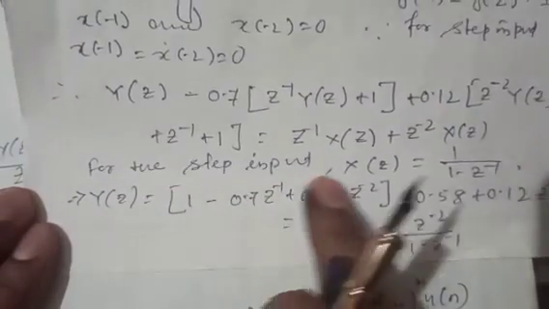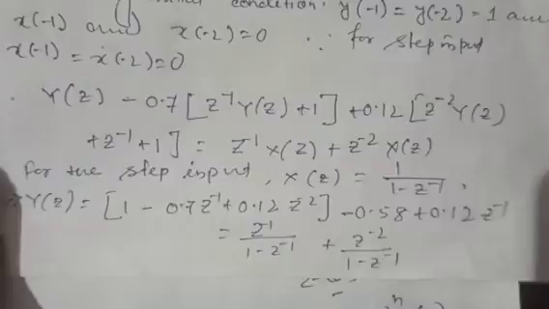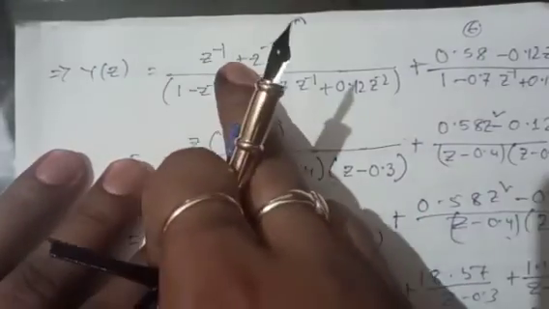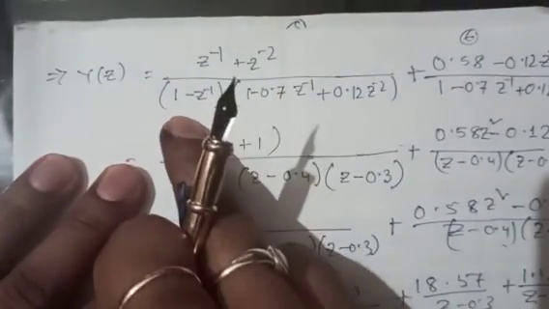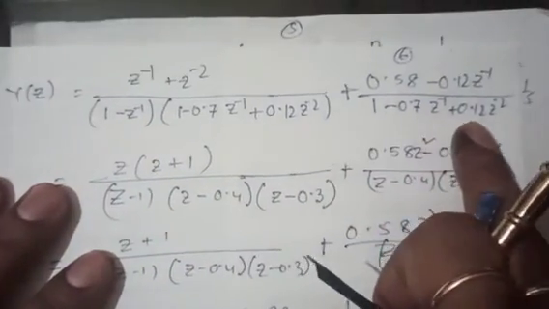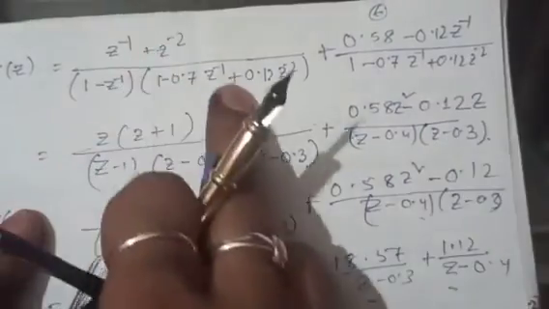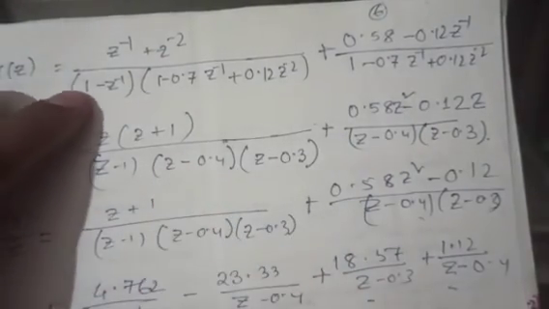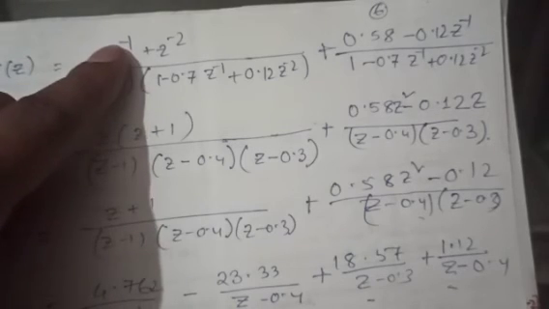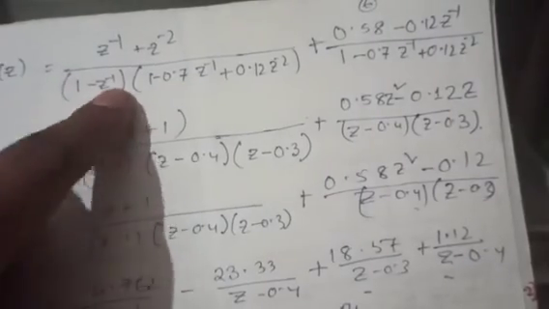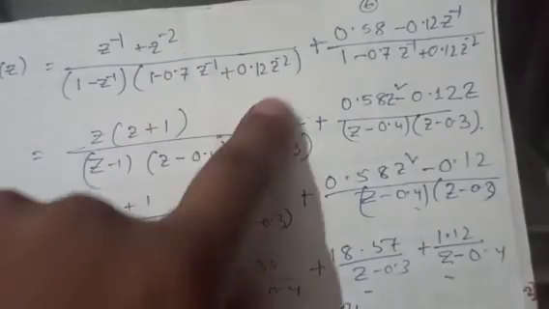Now simplifying this expression, we obtain this. Okay, Y of z, z inverse plus z inverse 2, and if we do the factorization it will be like this. Okay, and for this part again z is made common, so in the numerator it will be z into z plus 1, in the denominator it is z minus 1, then if we do the factorization of this part